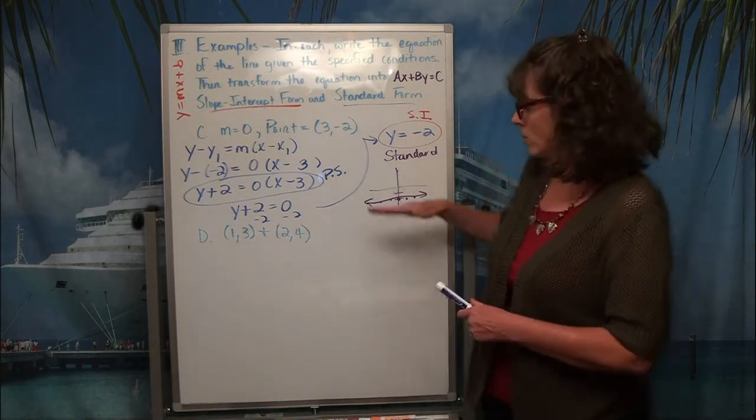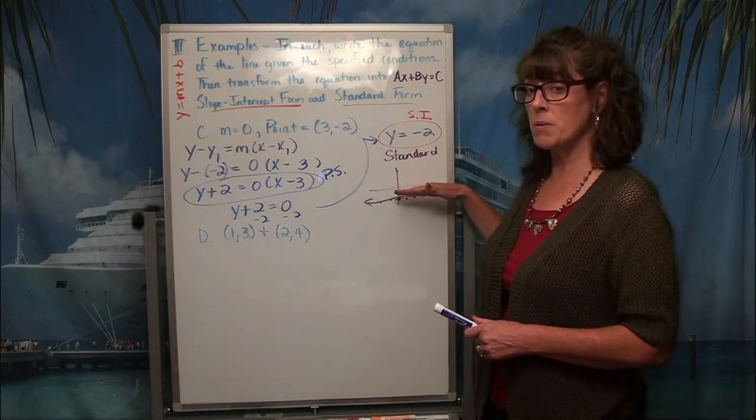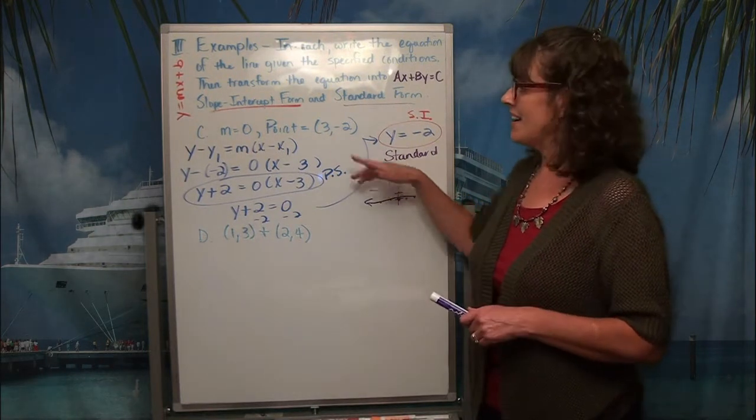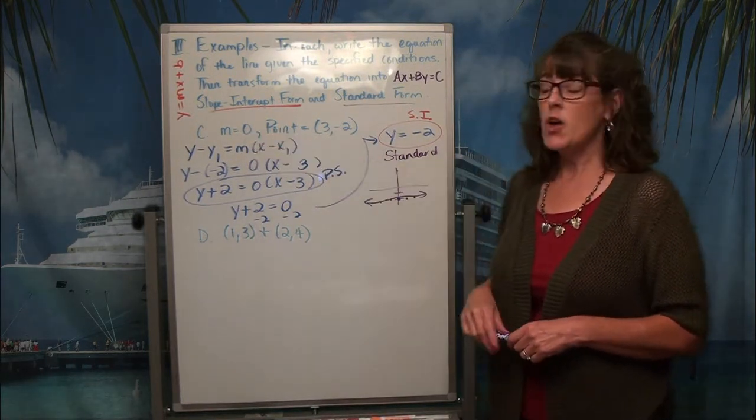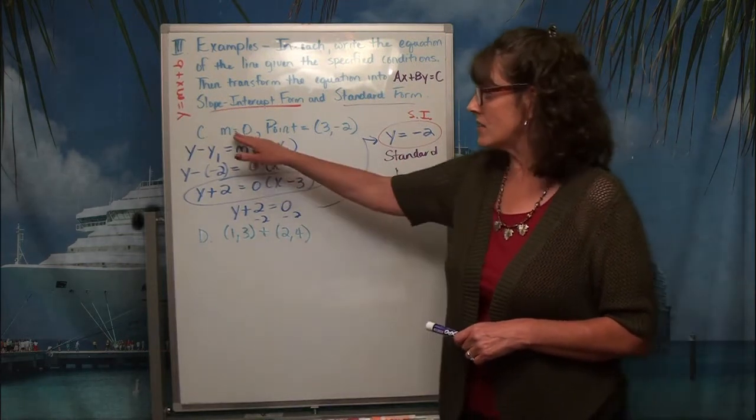Remember the skier who was sleeping on that horizontal line? The z's meant what type of slope? Yeah, the z's meant 0 slope. We have 0 slope here. So this makes sense that this would be the equation of that line, to have a 0 slope and go